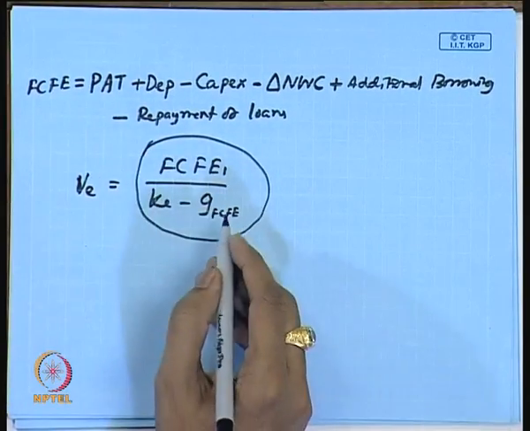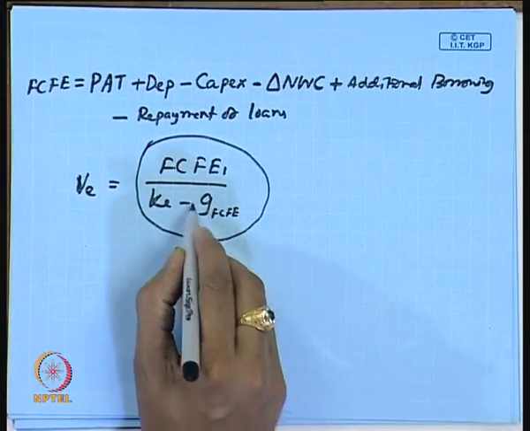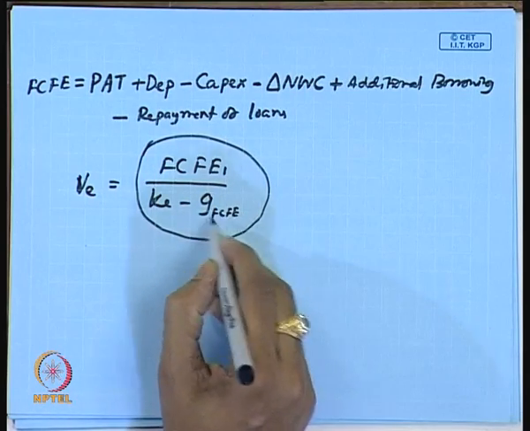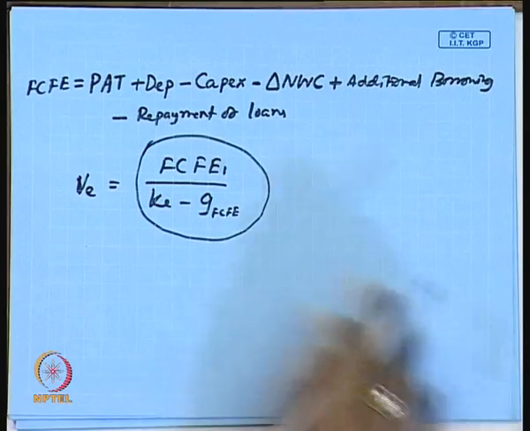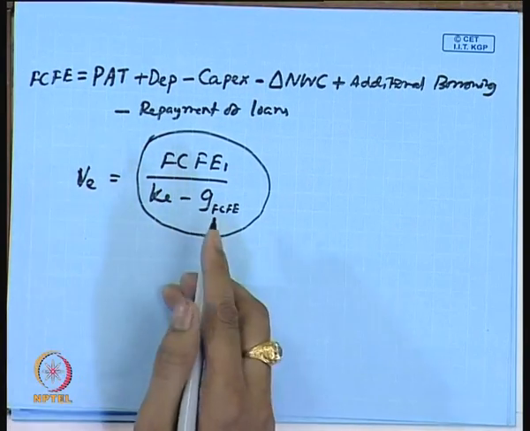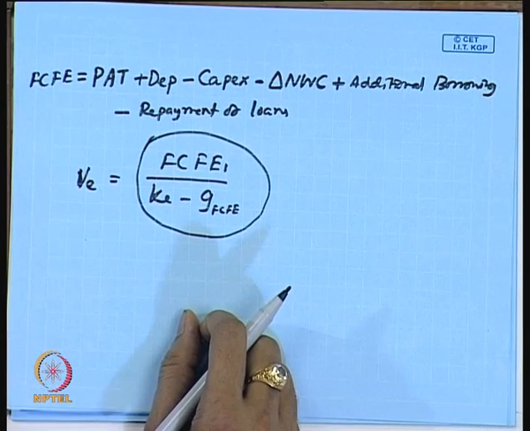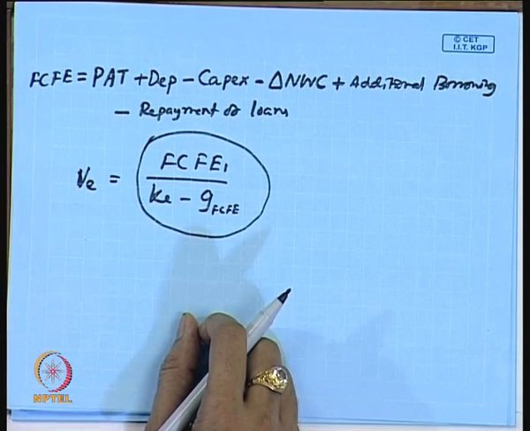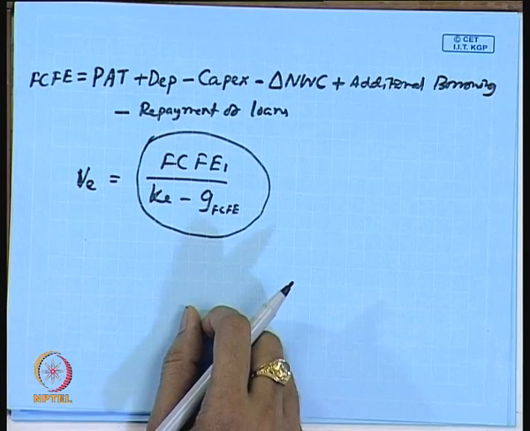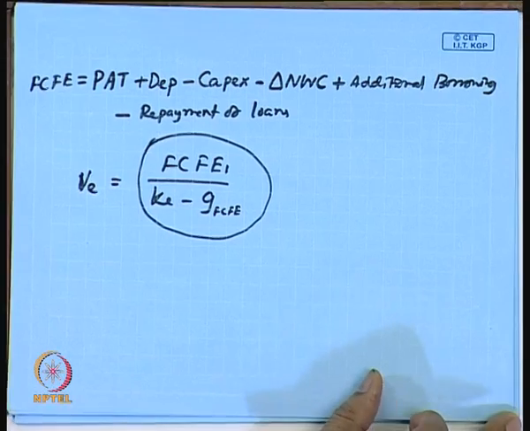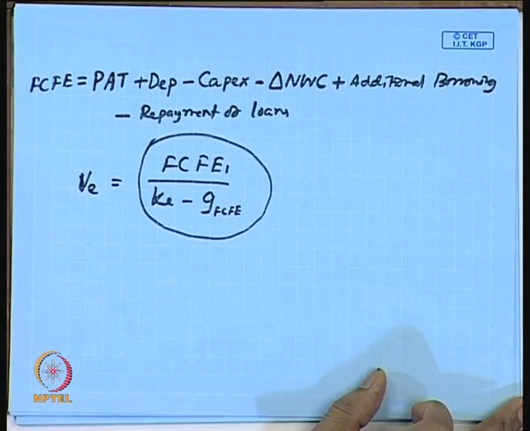In fact, this is a model which assumes that the company's free cash flow to equity is going to grow at a particular percent for all the time to come, but there can be a situation where the growth of free cash flow to equity is higher for a particular phase, then a little moderate, then it may go to a constant phase. So, we can apply the multi-stage growth model that we have discussed already in our valuation class. So, this is one approach.